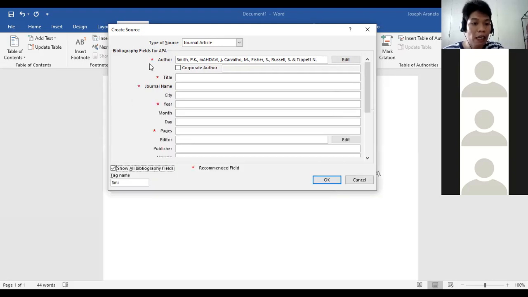I-click na nimo, then makita nimo ang mga naka-asterisk na red. Then that's an indication that you need to fill in this information.